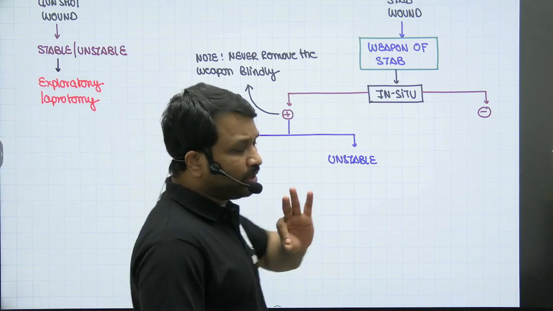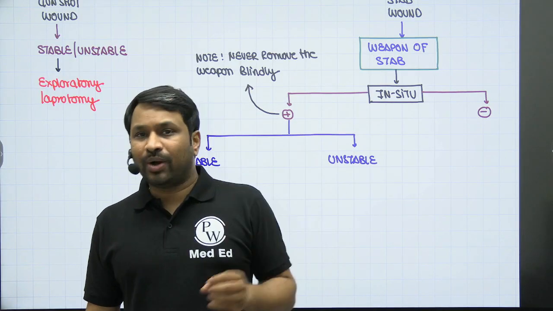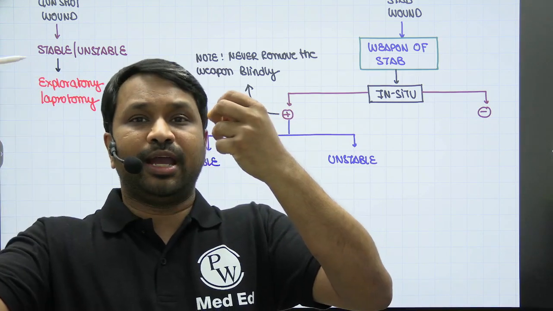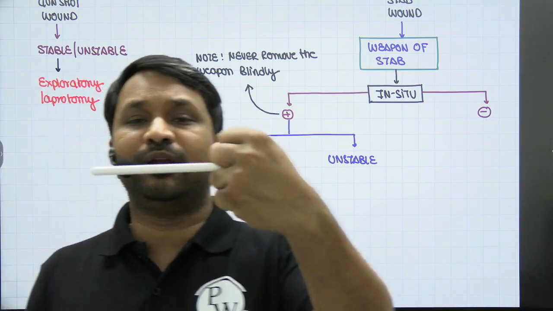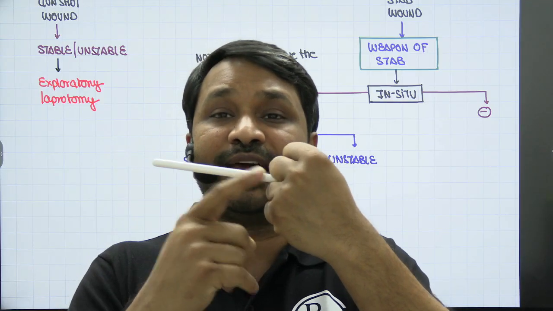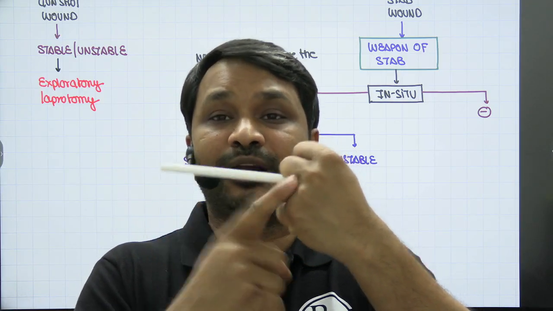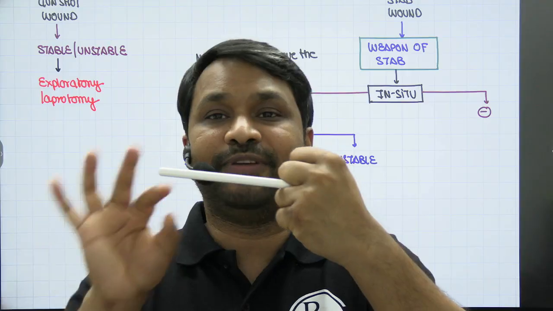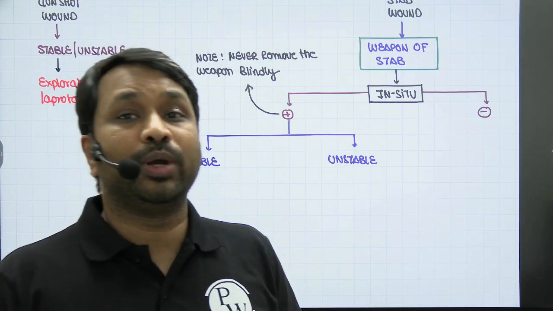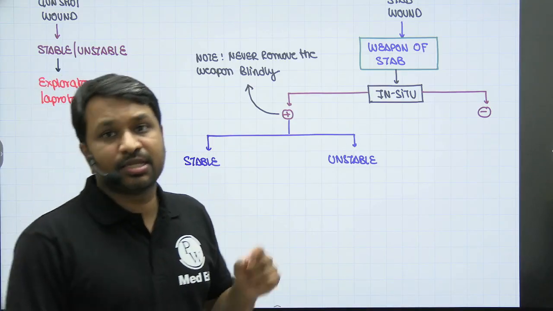As you continue to open, you will trace the track. Why you should not remove it: let's say a patient has been stabbed, and the knife pricks into a blood vessel. As long as the knife is there, it is preventing the blood from leaking from this blood vessel. It is creating a tamponade effect. The minute I pull off the knife, what is going to happen? It will start pouring and the patient will bleed to death. So hence, you should not remove it.